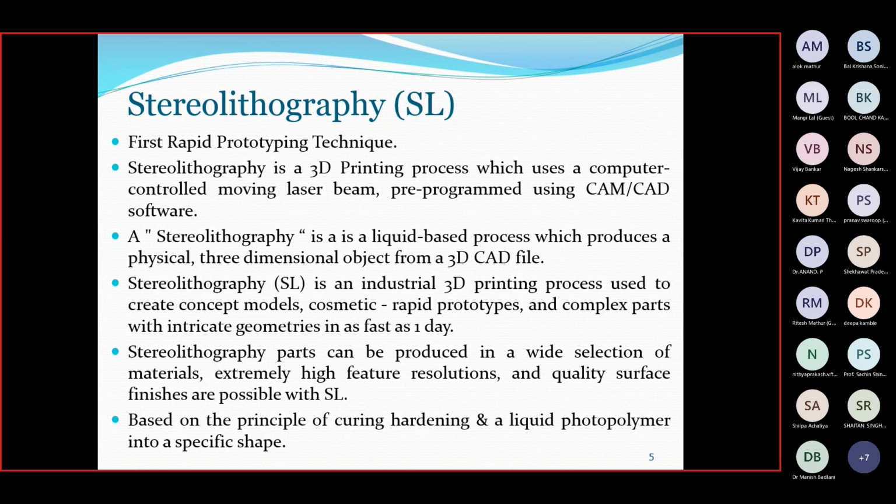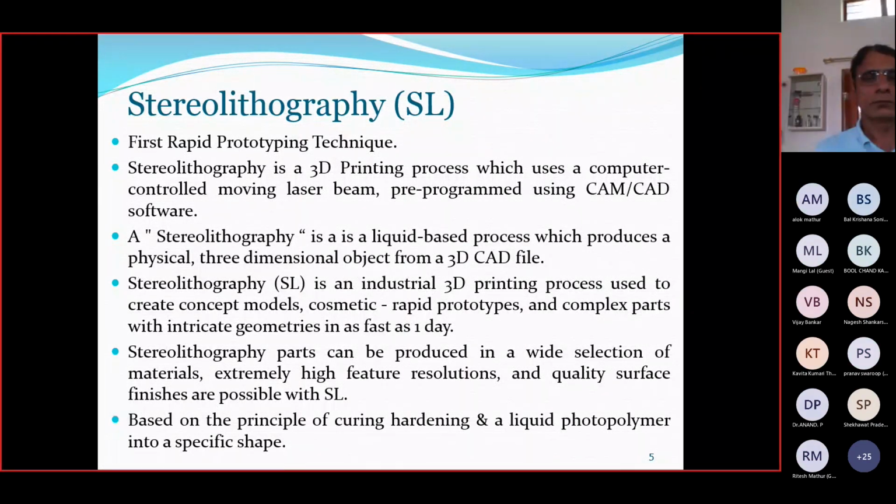But we are using CAM and CAD software to generate or move the laser beams, which are computer controlled, and generate the 3D objects. That is basically known as stereolithography.